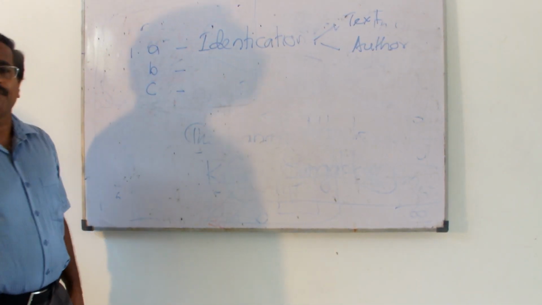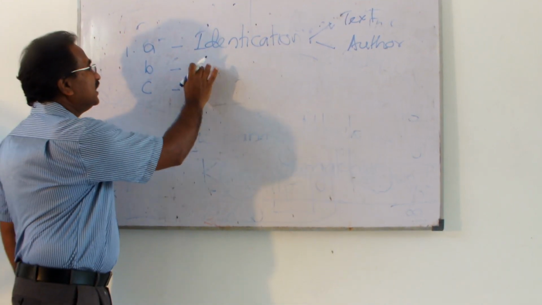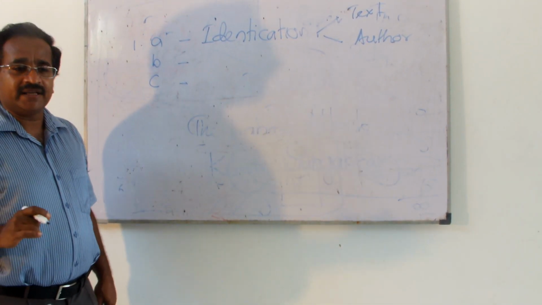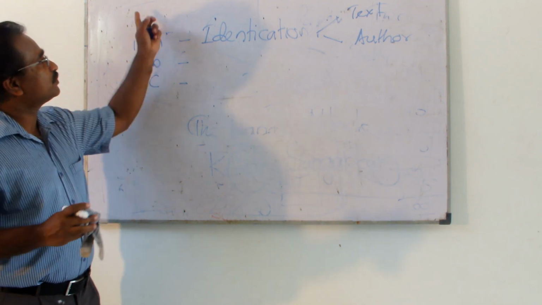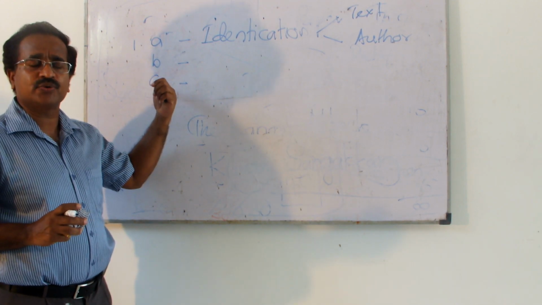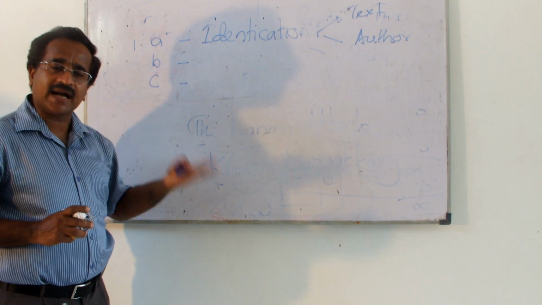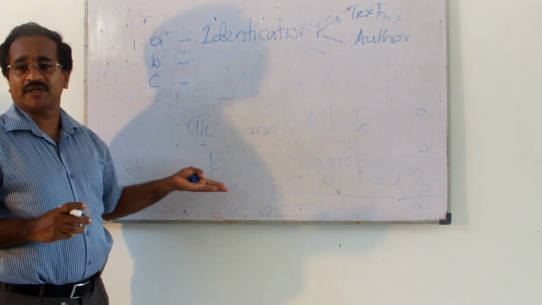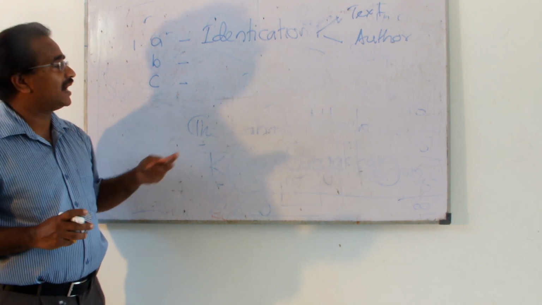B is a comprehension question, a reading comprehension. That means you have to identify the exact position from which this particular extract is taken. Sometimes they ask you direct questions, comprehension questions, so you are expected to write direct answers. That means who speaks these words, to whom are the words spoken, those are the questions they ask.